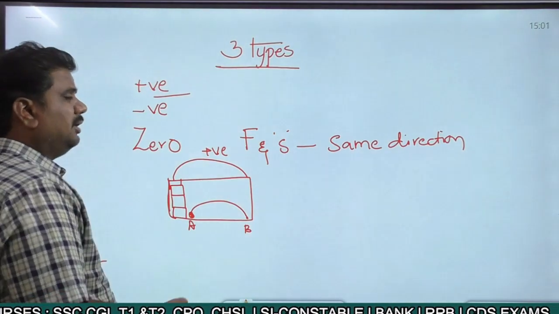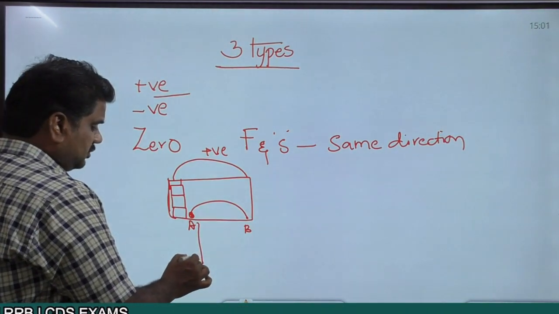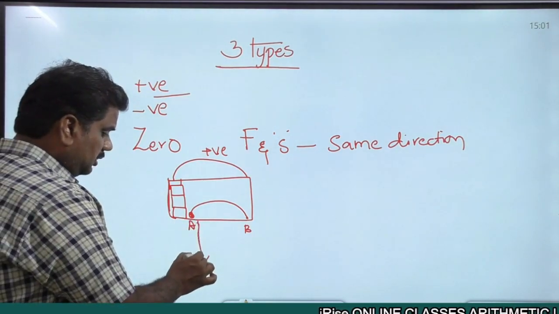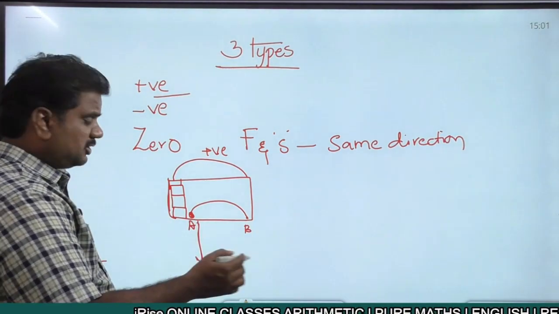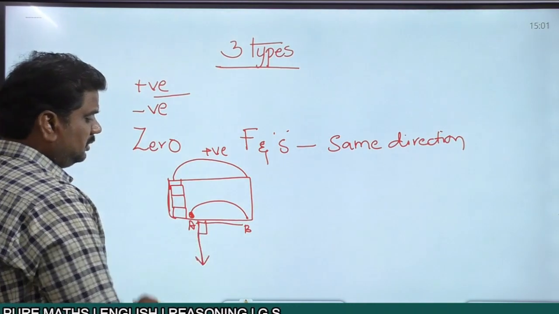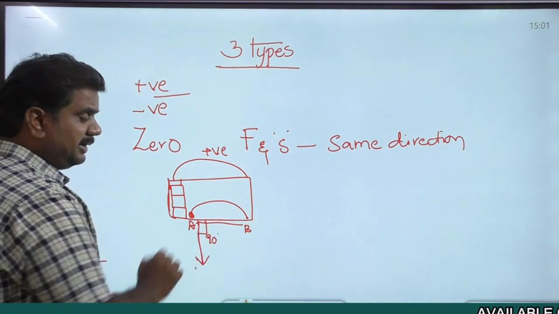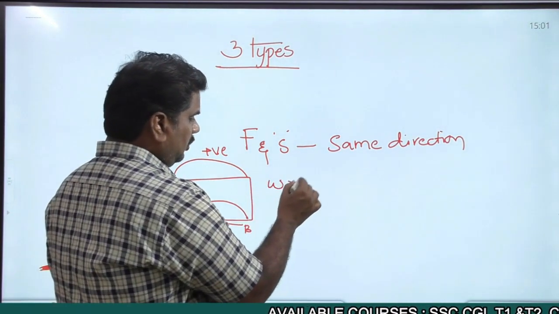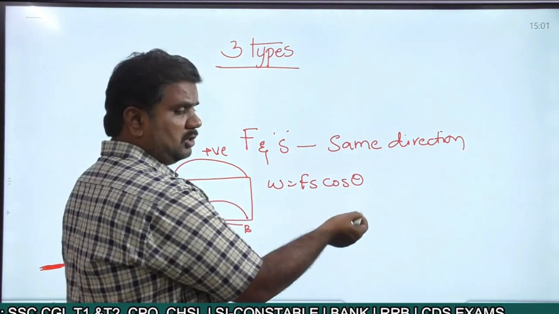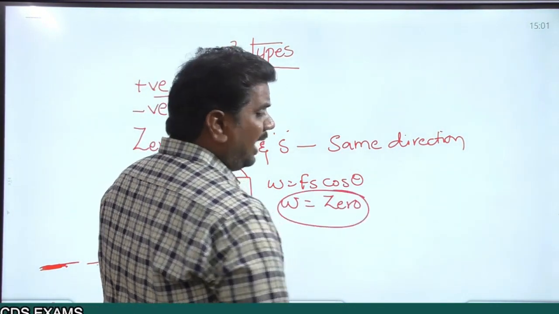Now here in this case, the moment you lift this particular object, the amount of force, that is the gravitational force that is acting on the object, is always in the downward direction. At the same time, in which direction you are moving? You are moving like this. Now what is the angle here? 90 degrees. The angle between the force and the displacement is 90 degrees. And we know that W equal to Fs cos theta. If theta is equal to 90 degrees, what is cos 90? 0. Then in that particular case work done is equal to 0,